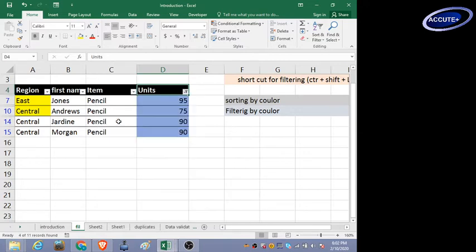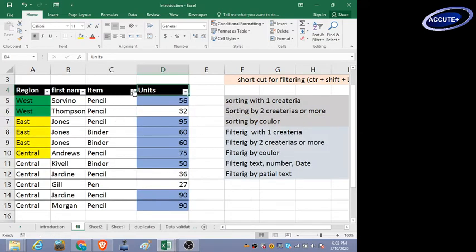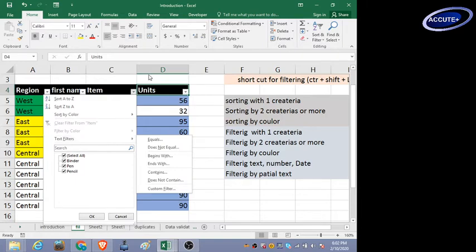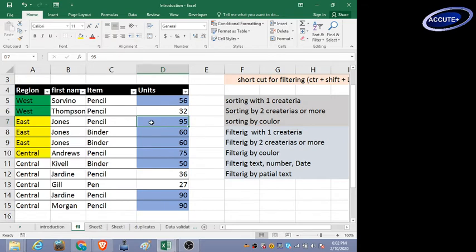All right, let's clear the filter. You can even do things like filter by text. So you can do a filter by text. But anyway, these are just some of the little things. Let's just move on to